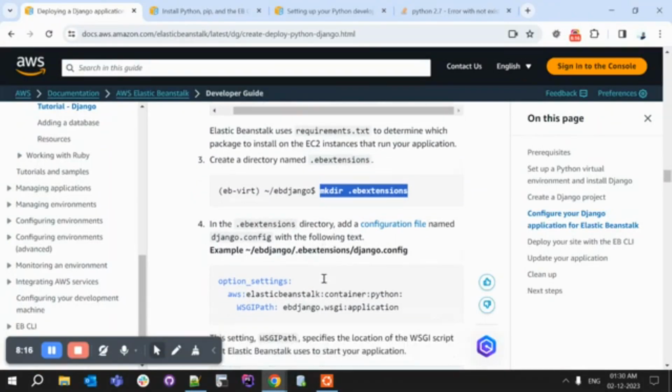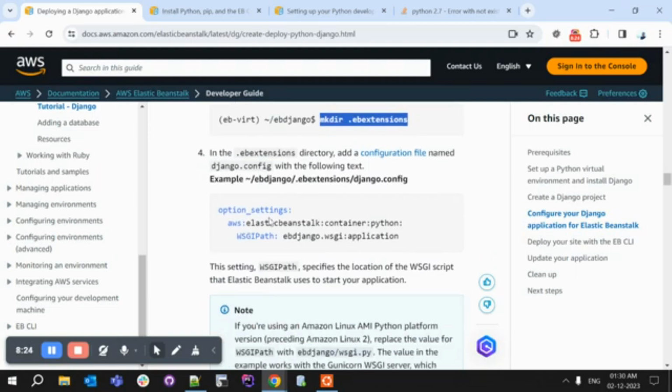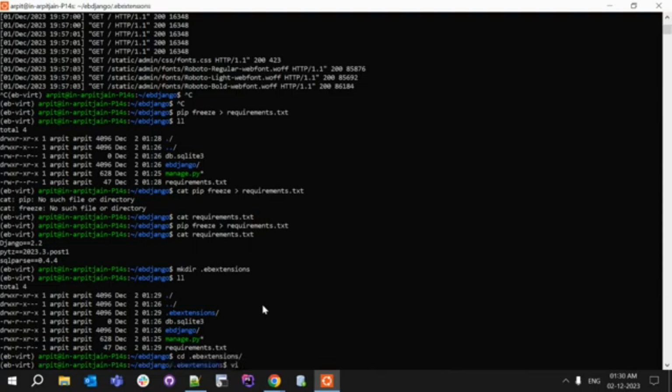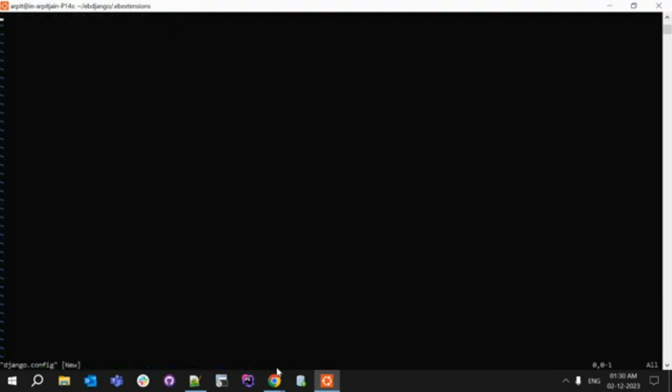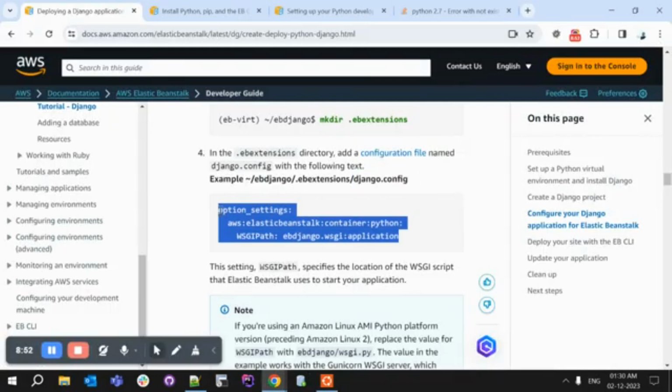Okay, so now we are going to create a new configuration file in the .ebextensions directory. Let's first copy this file name which we will need to create. We are going to create this file inside ebextensions. So let's get into ebextensions. Now we are going to create a new file named django.config. Okay, now we're going to paste this code inside this file,